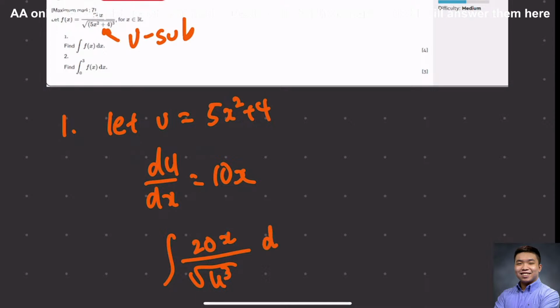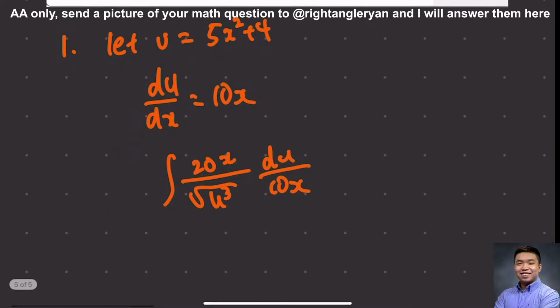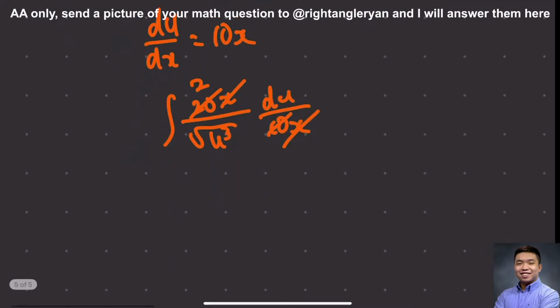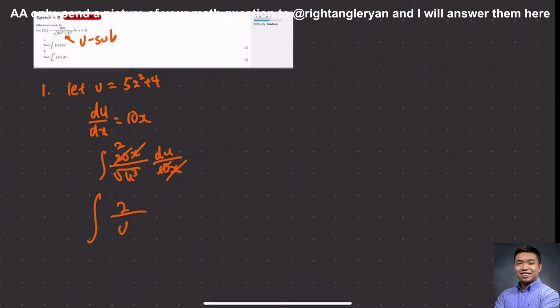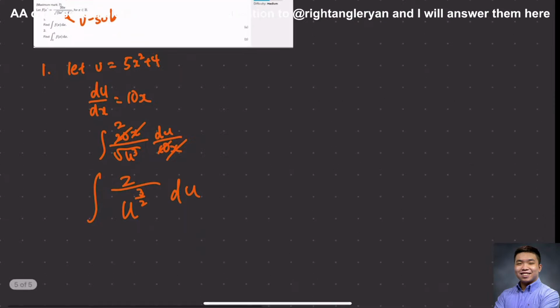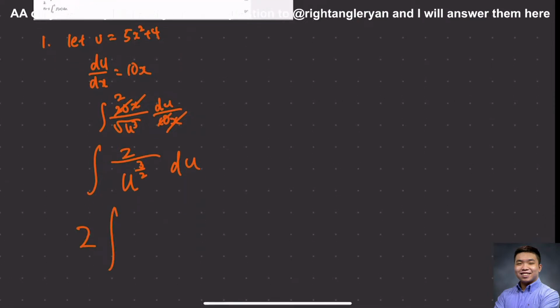dx will be du over 10x. I know, okay, this is really good. Why is this good? Because the x's will cancel, and this 20 and this 10 will cancel to just become 2. So now if I rewrite it nicely, I'll simply have the integral of 2 over u to the power of 3 over 2 du, right? What we can do next is take out the 2, so it looks nice, and make this u to the